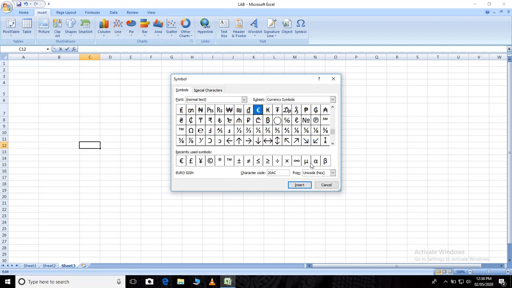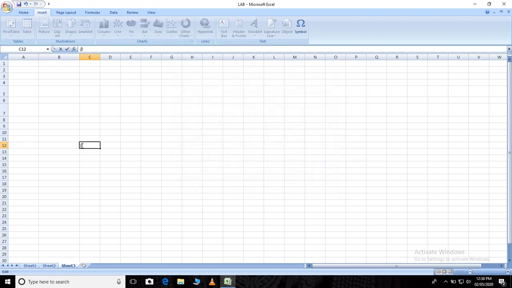You can see here mu, infinity, alpha, beta. These symbols are not available on your keypad, so you can use these symbols from here. So just click it here and say Insert, so it will get inserted here. I can show you, see, and say close. See, this is the beta which is inserted here. So this is used for inserting the symbols.